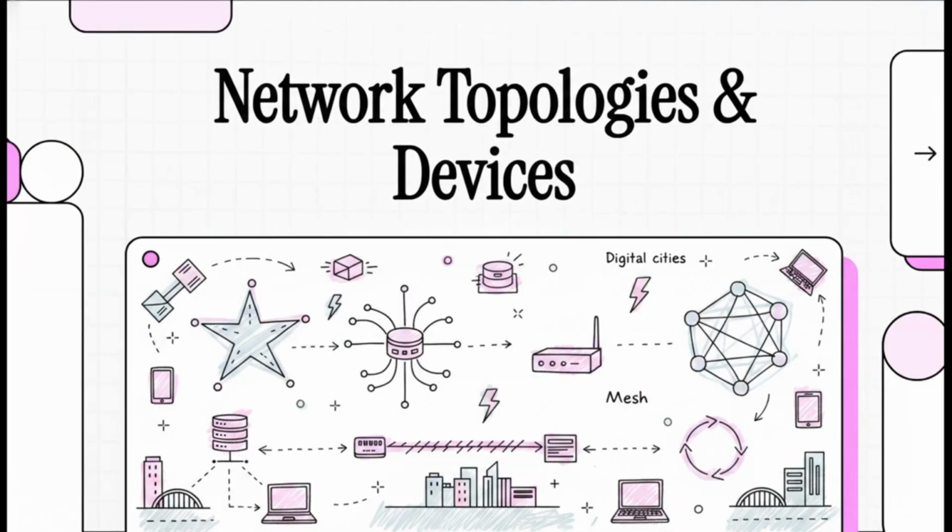So in part one of our networking series, we covered the foundational concepts of LANs, MANs, and WANs. We established what a computer network actually is. But today's Explainer, we're focusing heavily on the physical infrastructure. We're going to look at exactly how we lay the roads and build the intersections to connect these digital cities